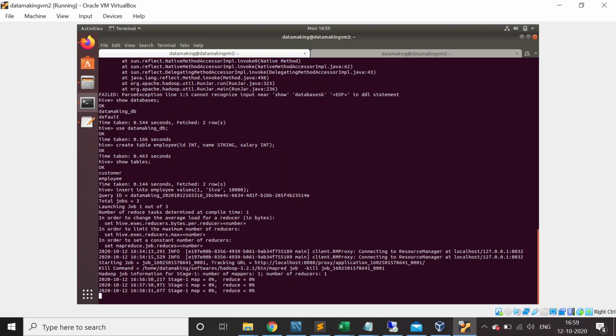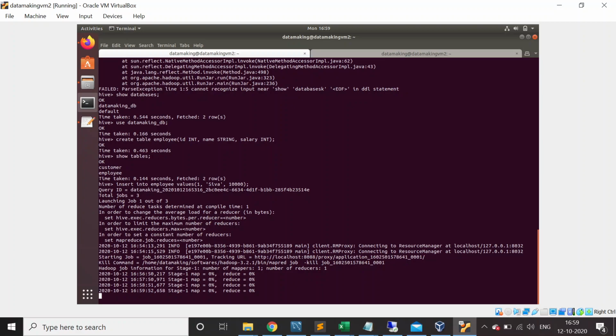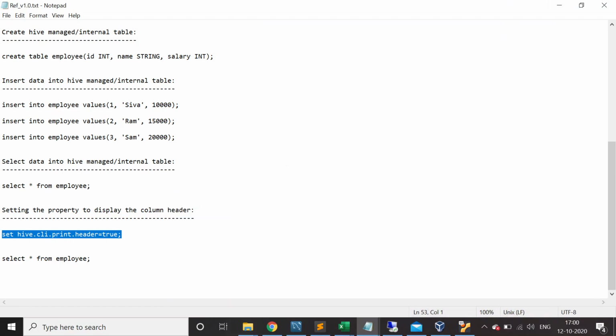Everything is slow because of my system. Okay, it will take some time, I guess. So probably you can try these commands. They will definitely work.